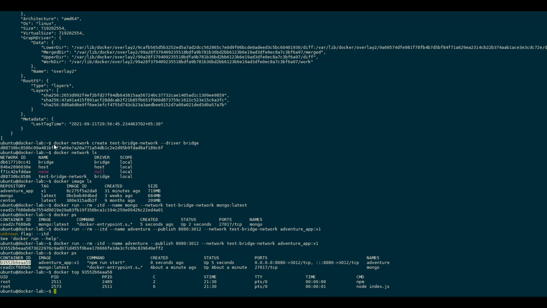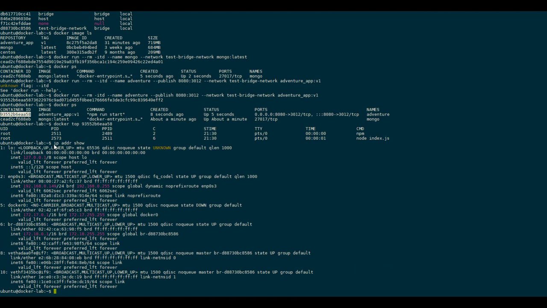Now to test this, we will need to check the IP address of this Docker host. So this is the IP or the network that is being used. We can use it in our browser along with port 8080 to test this application.